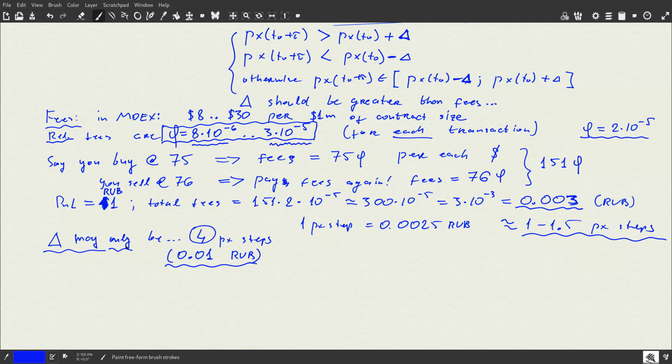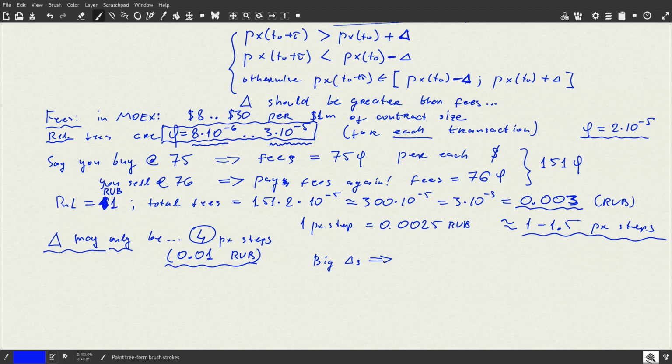I would say the big deltas are hard to realize and less frequent and might not be very accurate because the market could change, while smaller deltas are fairly more predictable and we can do more of them because it's logical that the price can change in a small range more than the big range. So I think it's a trade-off between them, maybe something in the middle, like 4 price steps and losing half of the 4 price steps, but doing it, let's say, 10 times per second could be very